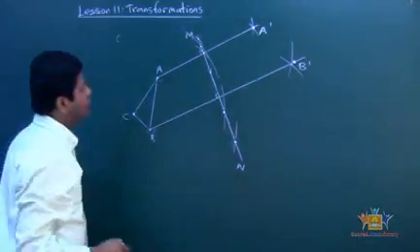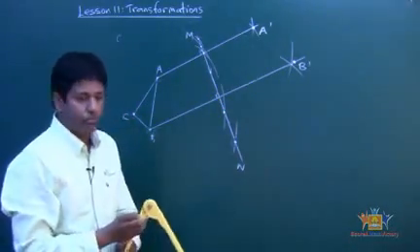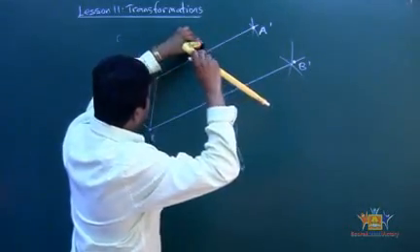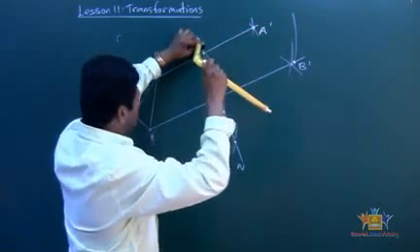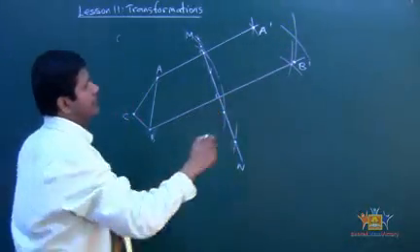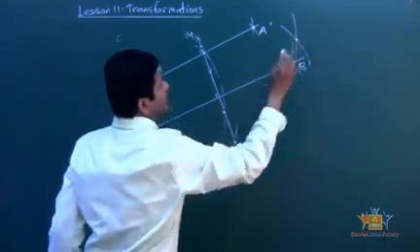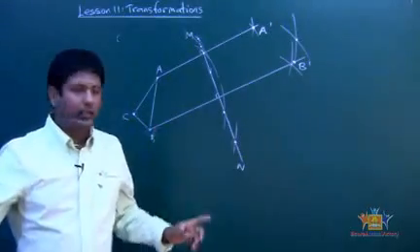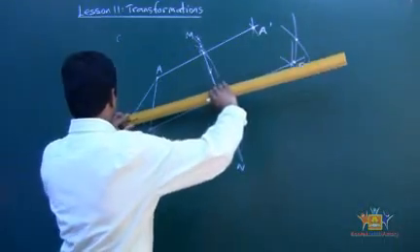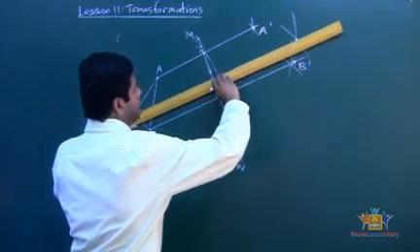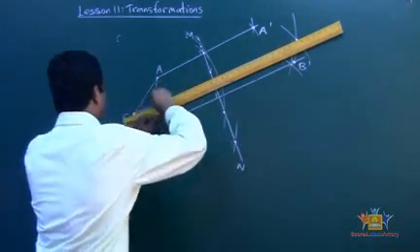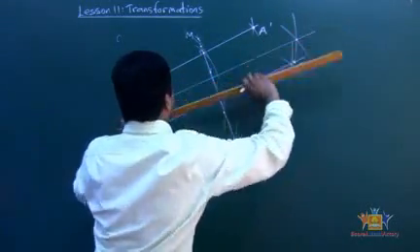We're going to use those 2 points to create another 2 arcs. You take the sharp point and put it on that one, create an arc, and then do the same thing on this one, create another arc. See that intercept? This is very important, you need this point. Now we're going to join those 2 points, the C with that, so that creates a perpendicular line to MN. That's our goal, to create a perpendicular line right there. So this line is perpendicular.